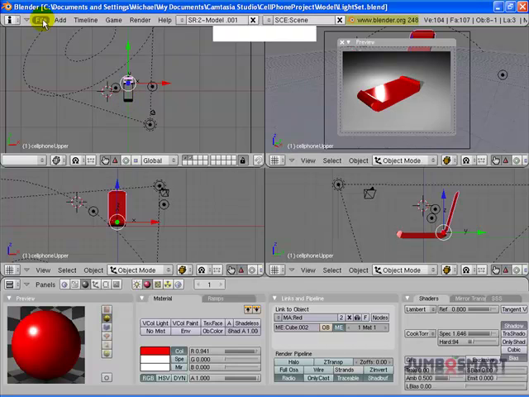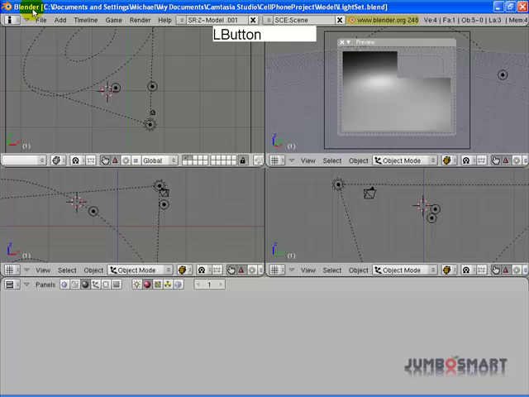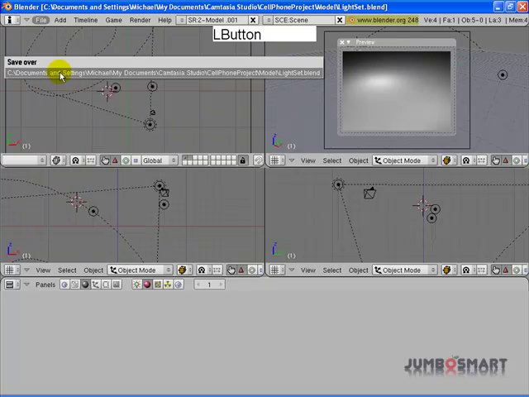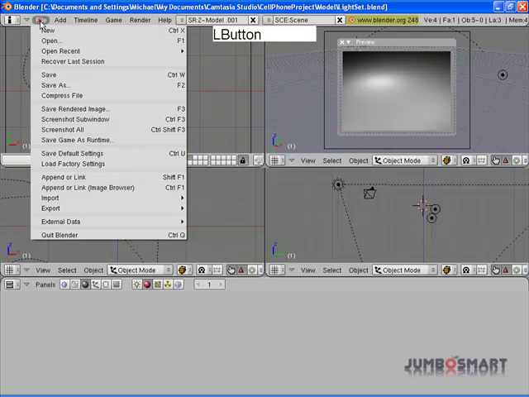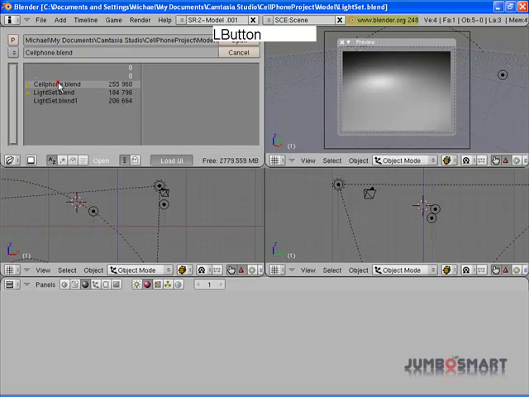Oh, I shouldn't have saved that. I should not have saved that. Let's go ahead and delete the cell phone in the empty, and we'll save this as our lit scene. I'm going to go back. I'm going to open the cell phone project,